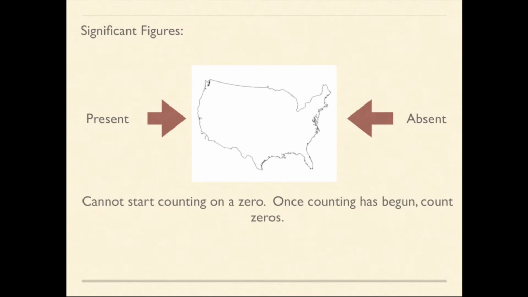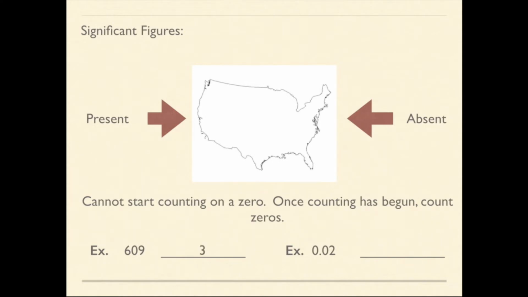So let's look at a couple of examples to make sure we understand this. If you look at 609, 609 does not have a decimal place. Therefore, the decimal is absent. So I'm going to start counting on the first number that's to the far right, which is your 9. I can start counting on a 9, so 9 is 1. I can count that 0 as a significant figure because I've already started counting at this point, so that would be 2. And then the 6 would be the third significant figure,